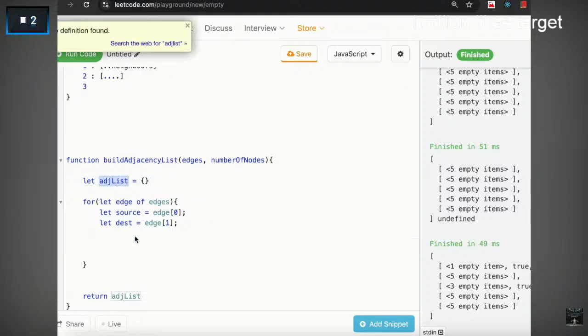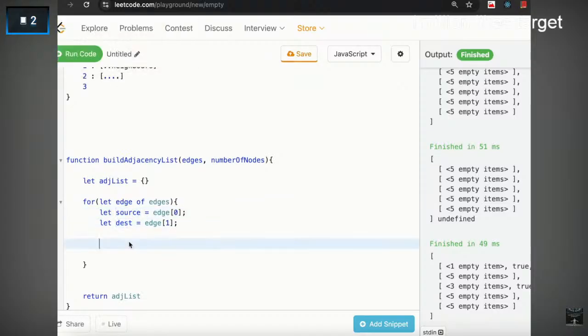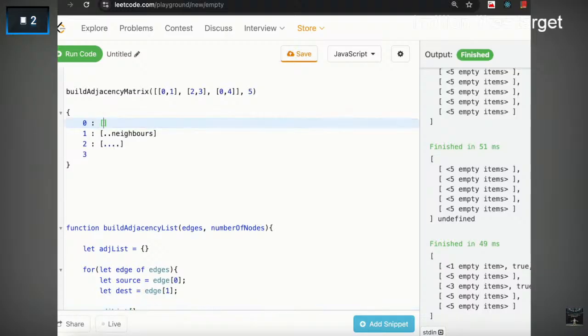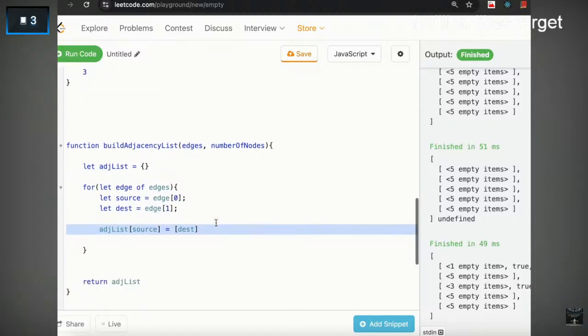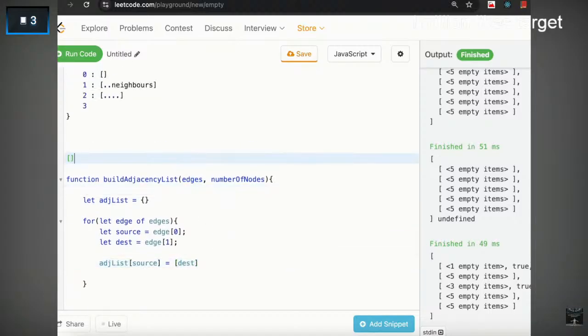एडजेंसी लिस्ट में हमें ये पता है कि अगर वो एज प्रेजेंट है तो इसका ये मतलब है कि सोर्स का नेबर डेस्ट है, करेक्ट। तो अब मुझे क्या करना है कि एडजेंसी लिस्ट ऑफ सोर्स में ये एंट्री बनानी है, करेक्ट। ये वाली एंट्री बनाने के लिए हमें कुछ ऐसा ऑपरेशन करना पड़ेगा, राइट। सोर्स इज इक्वल टू, मुझे पता है कि एक एरे होने वाला है जिसमें मेरा एक डेस्टिनेशन नाम से एक नोड स्टोर हो जाएगा, ठीक है। बट हमें पता है कि आगे एक और एंट्री आ सकती है, लाइक पहले तो 0,1 आया, फिर 0,2 आएगा। तो मतलब 0 का 1 भी एक नेबर है, 0 का 2 भी एक नेबर है, करेक्ट।